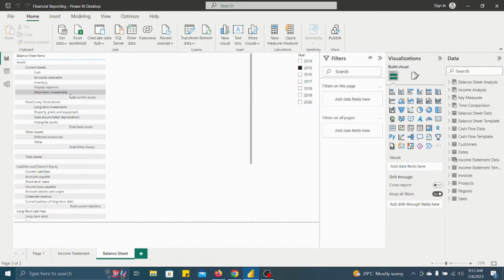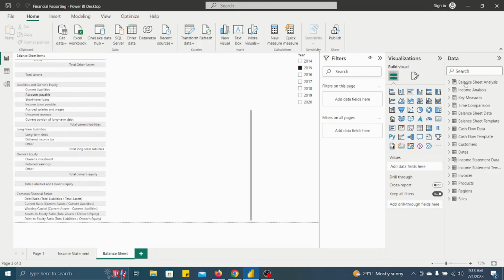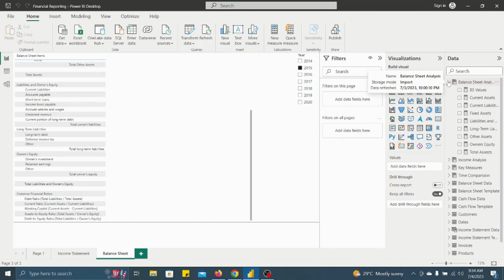Now you have to just note down these headings: current total asset, total fixed asset and all. Because we have calculated the measures, we are going to use those measures for finding out these values, right? And please note down these things also, because corresponding to these things we need values, right? For this we will write down one DAX formula, but before that we forgot to calculate the